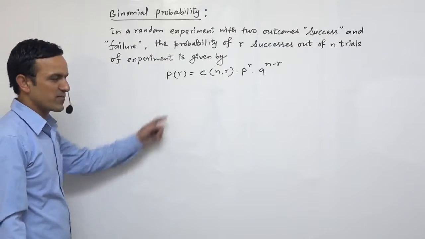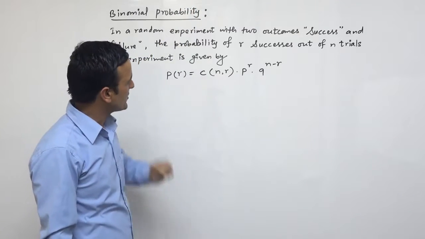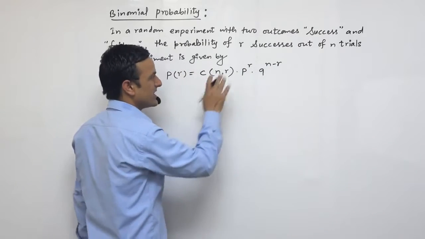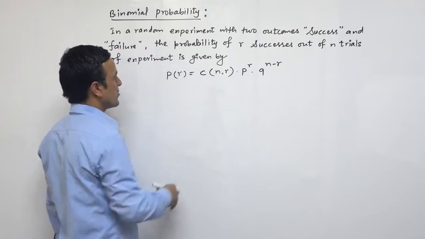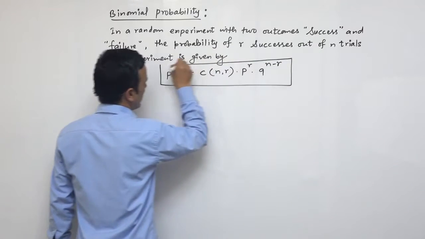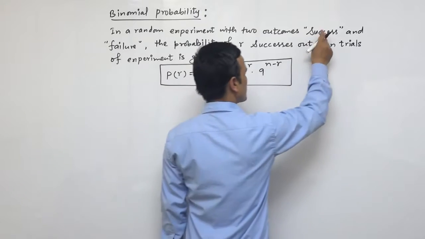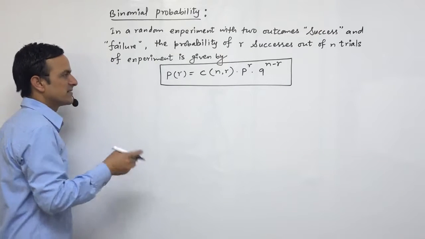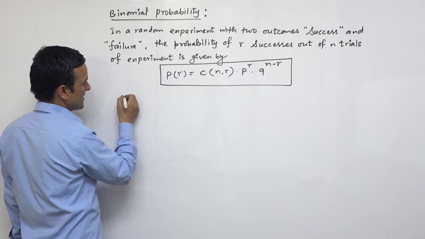So it is the formula of binomial probability. So in this formula we can see that there are two outcomes. One is success. So here P means success, or we can write down the notation over here. So this is the formula of our binomial probability. When one of the events always occurs, this will be notated by success, and the other side is failure. So we can write down like this, where